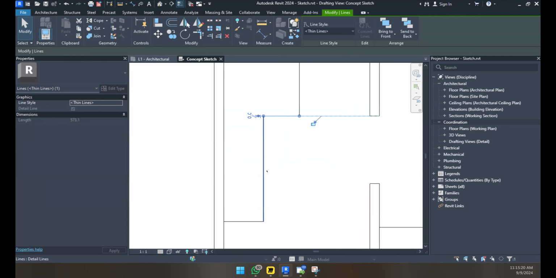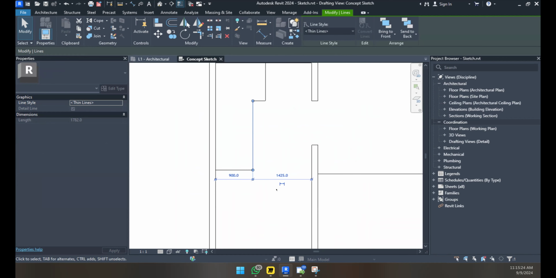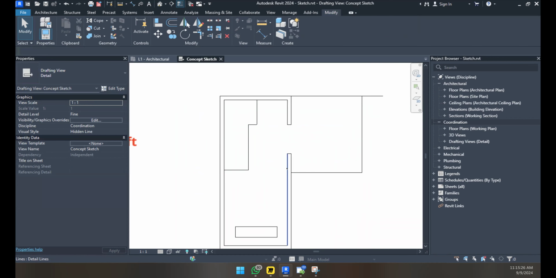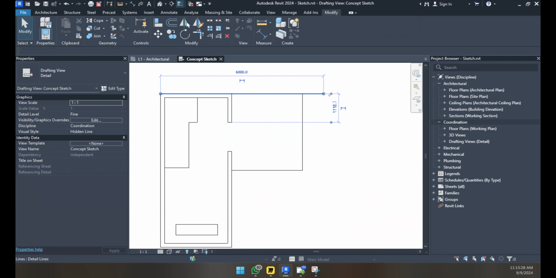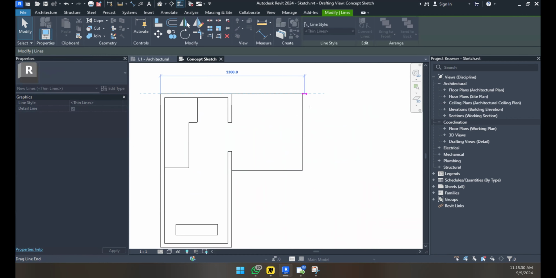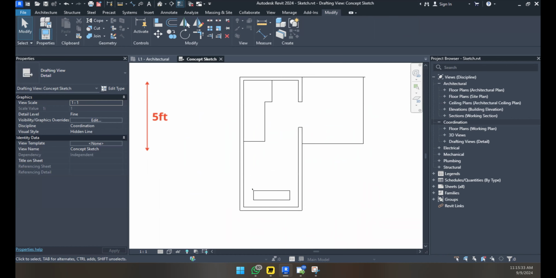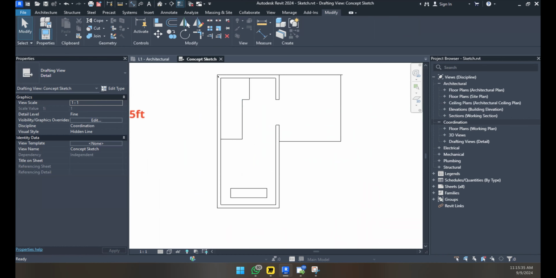You don't even have to be super precise. Like it has to be 900. Just, you know, yeah. And I'm going to adjust this like that. Then I'm going to give some rough dimensions. So I'm going to,